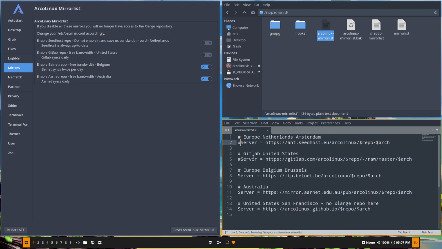If that's out, it's going to be the server from Belgium. If that one is out, it's going to be Australia. You see? And if that one is out, there is still a fallback. You cannot have nothing. But there is a catch. There is no extra large repo on GitHub. It says so: if you disable all these mirrors, you will no longer have access to the extra large repository. Now maybe you don't need it, right? Maybe you don't want it, so that's okay. Just showing you what it means clicking on these buttons